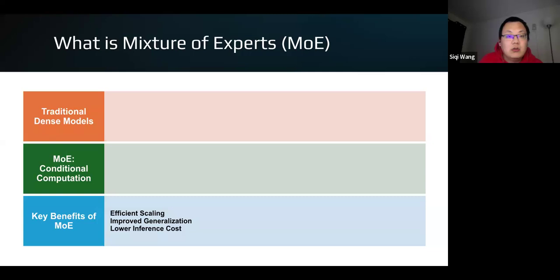So before we introduce the MoE, we need to know what the traditional dense model is. The traditional dense model is a standard transformer-based large language model. All parameters are active for every input. This means every token processed by the model activates all layers, leading to a very high computation cost. To solve this challenge,